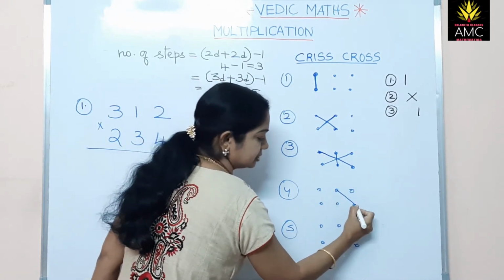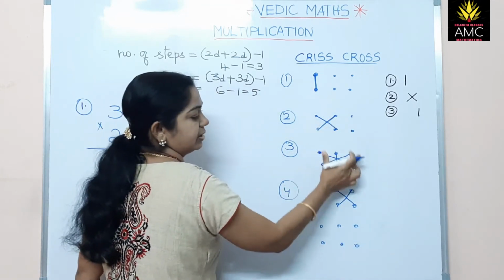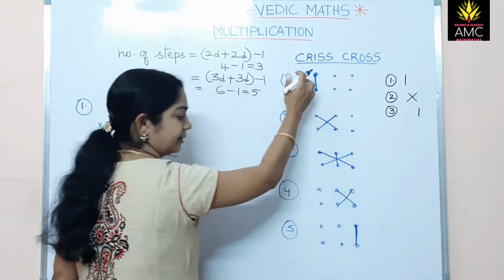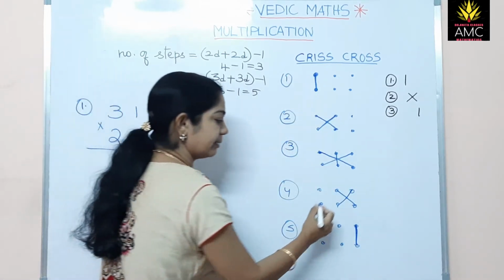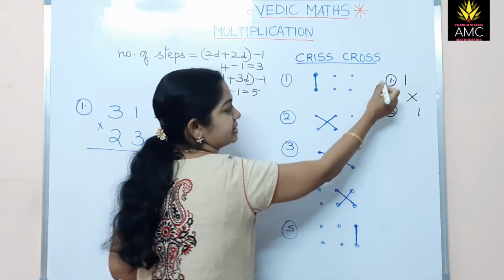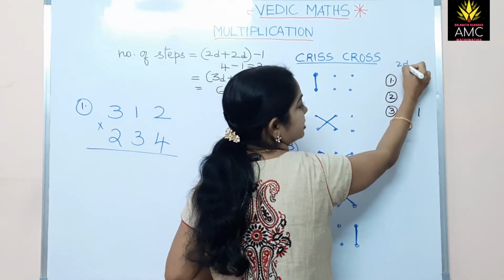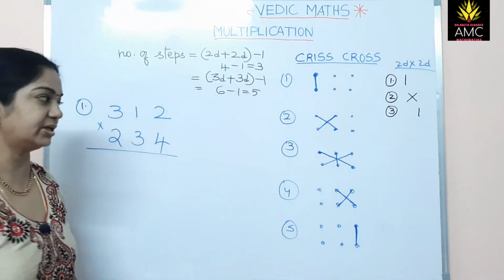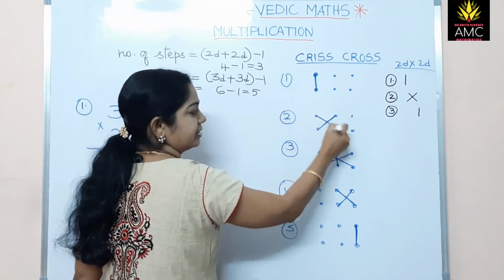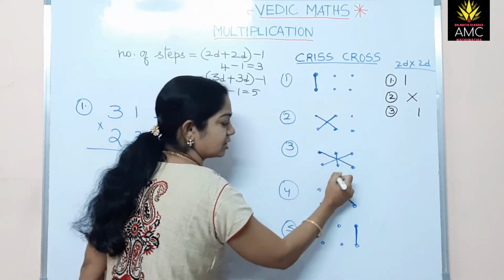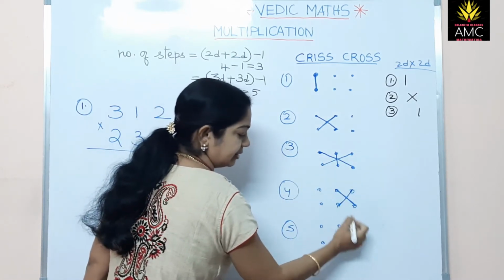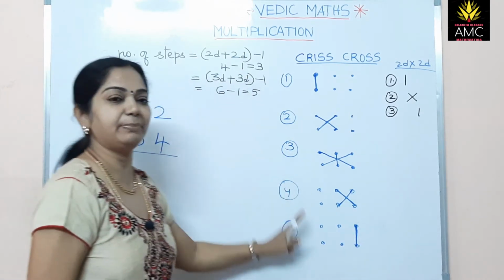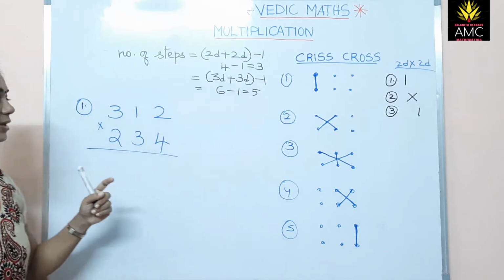Now coming to this part. This part is over, here over, then this part. The last one is this. The pattern is very, very simple to remember. If you remember for 2-digit cross 2-digit, this is the pattern. Now this is for 3-digit into 3-digit. So first the extreme left, then you crisscross, then the extreme crosses you have to do, then this side, then the last one is extreme right, simply. So keep the pattern in mind and multiply, okay?